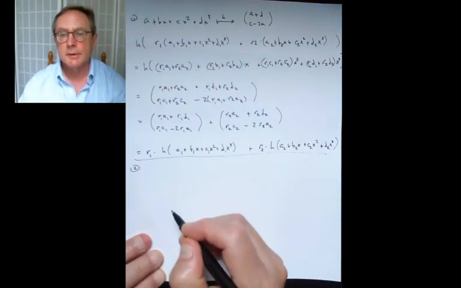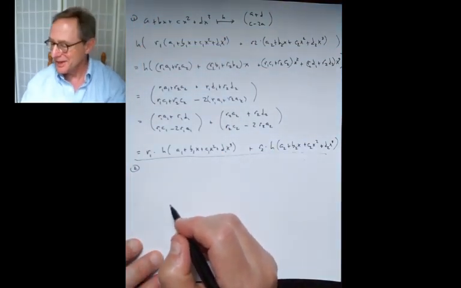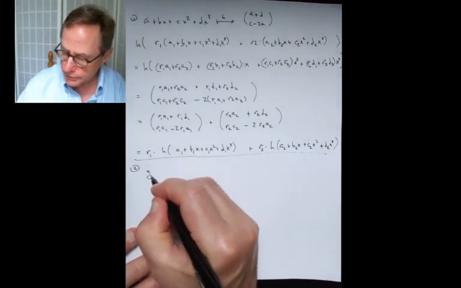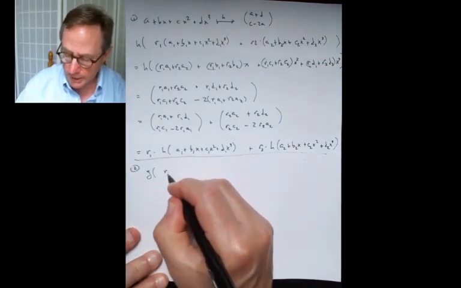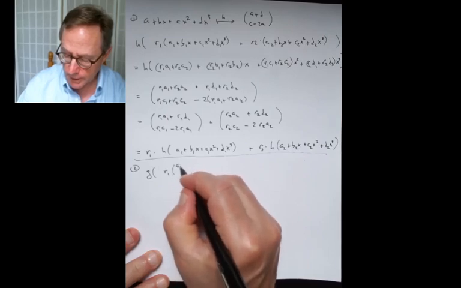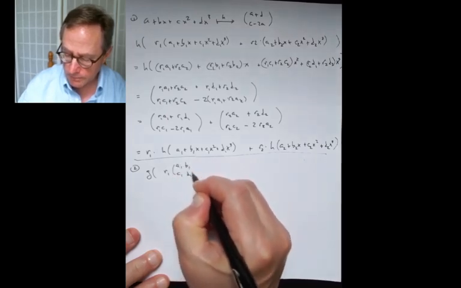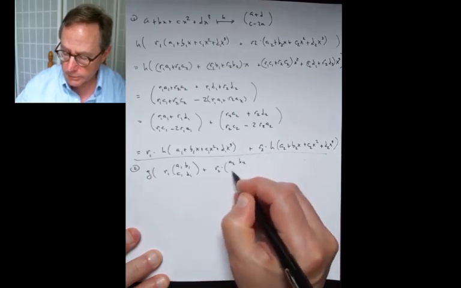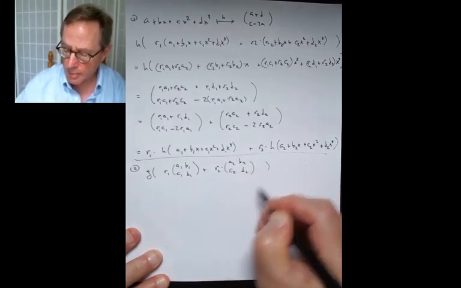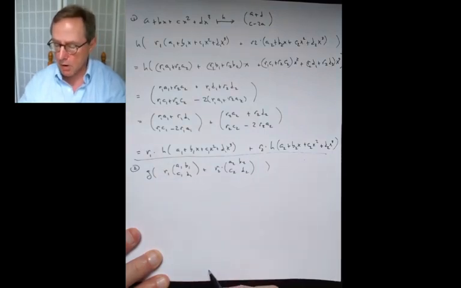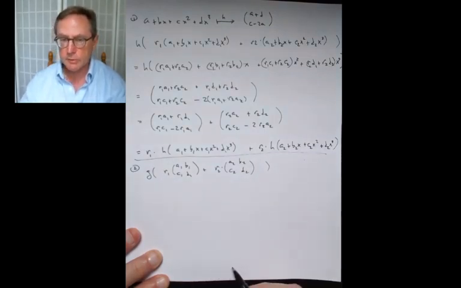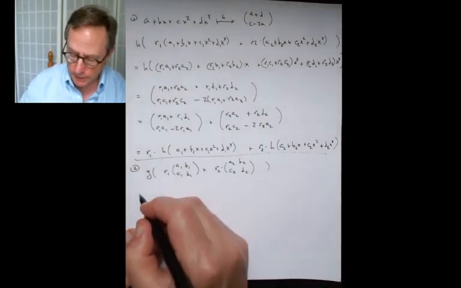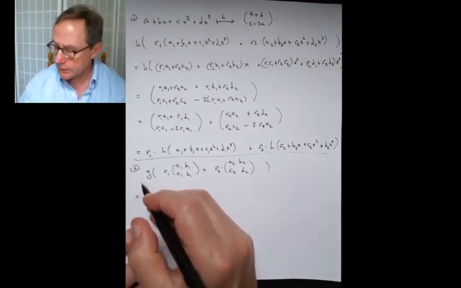Question number 2, maybe a little less space this time. So I've got to check the G of, and of course I'm taking r1 times the first, a1, b1, c1, d1, plus r2 times the second, a2, b2, c2, d2. And at the end, I've got to get r1 times G of the matrix with 1's in the subscript plus r2 times G of the matrix with 2's in the subscript. And really, it's the exact same steps. So it's going to be G of